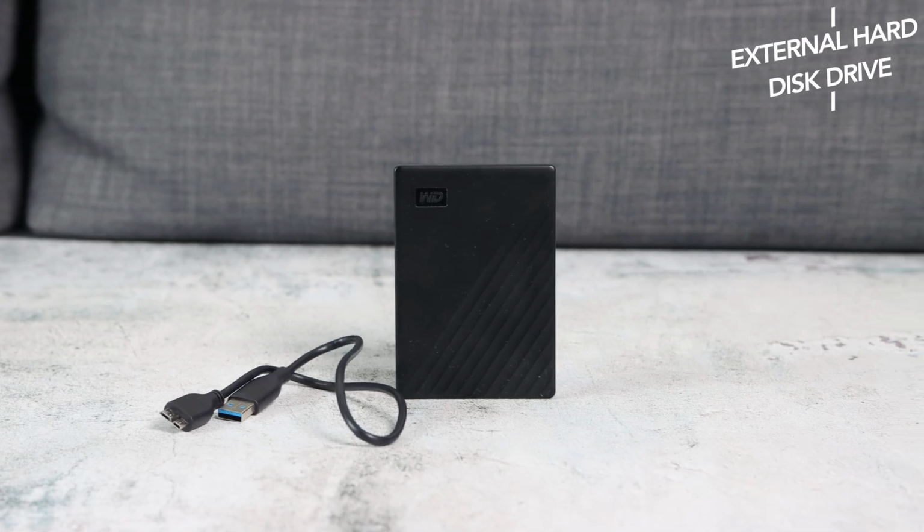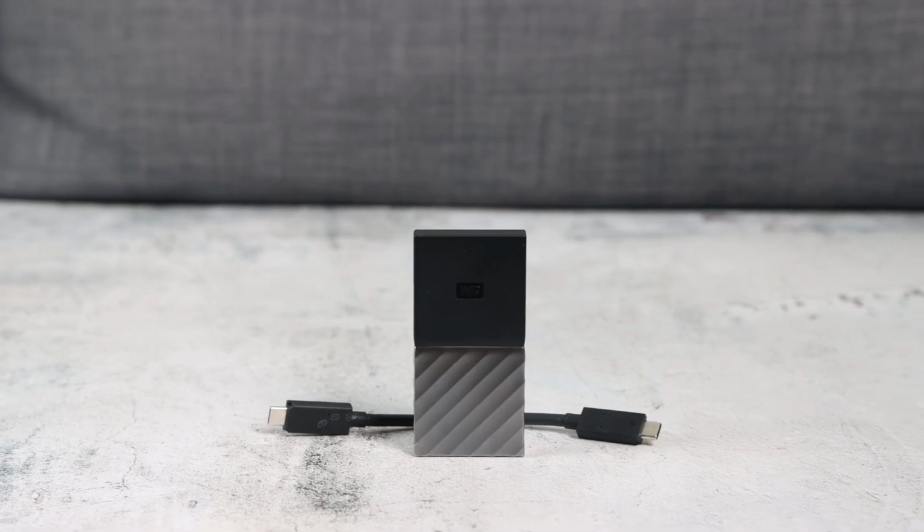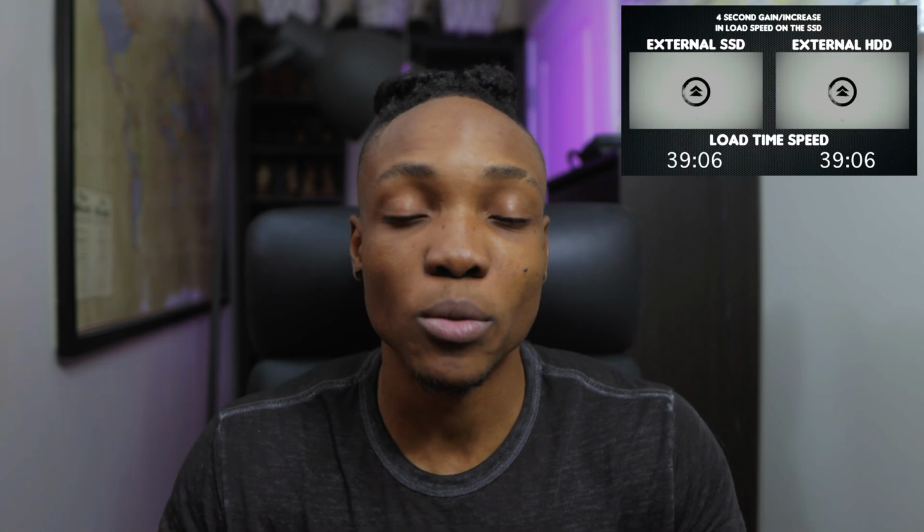Next up, we're going to talk about storage on the PlayStation 5 for PS4 games, HDD drives. There's also the option to go for SSD, so you can match the speed of the internal SSD on the PlayStation 5. Because if you decide to go for HDD, just be aware that you're going to be sacrificing a little bit of speed in load times for your PS4 games, because you can only store PS4 games on the